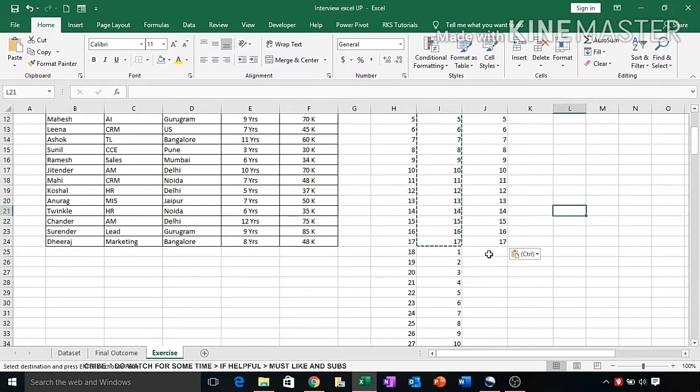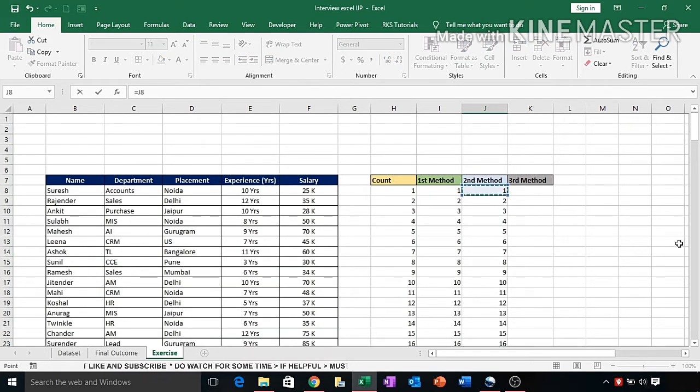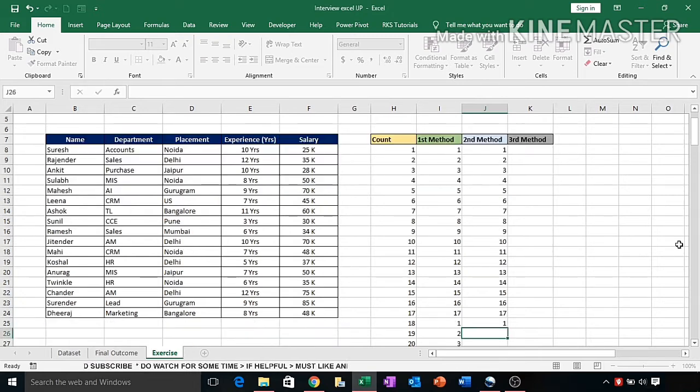Now we use a simple equal-to cell reference formula to fill all this information. Let's check. Equal to, give the reference of the first number and press Enter. Now here we have the simplest formula. You can check here, equal to J8.